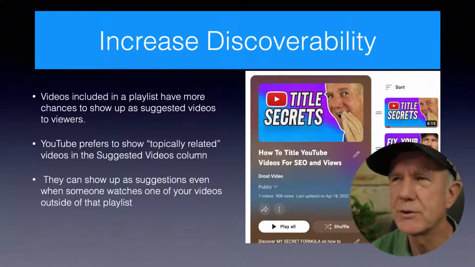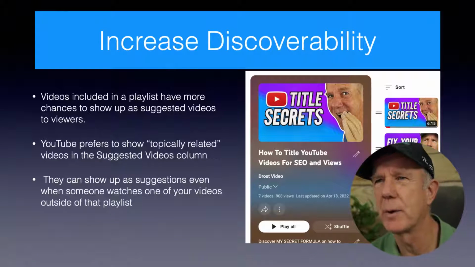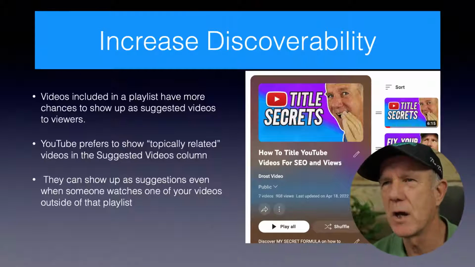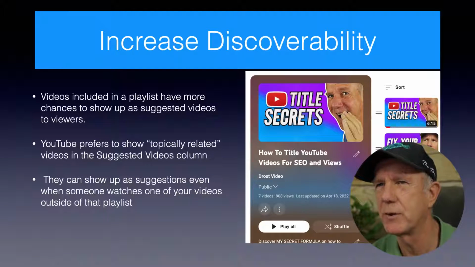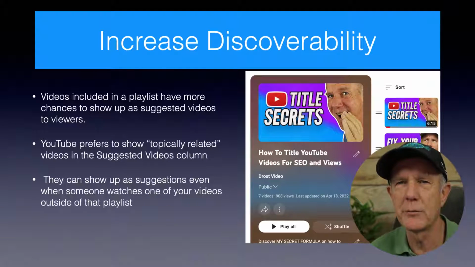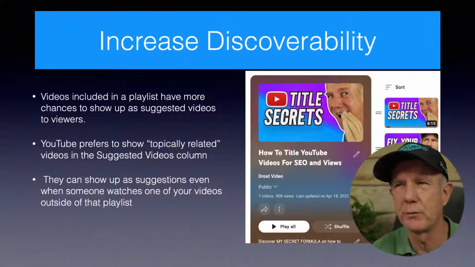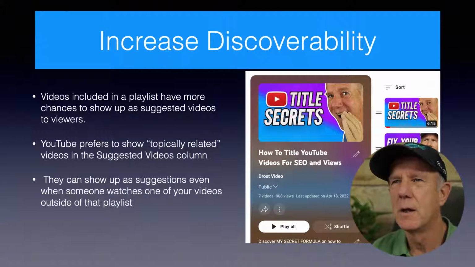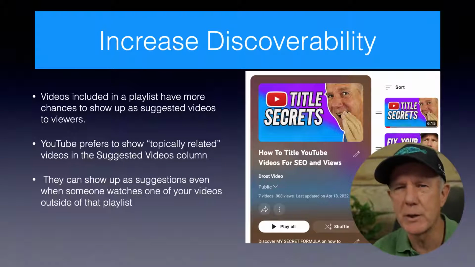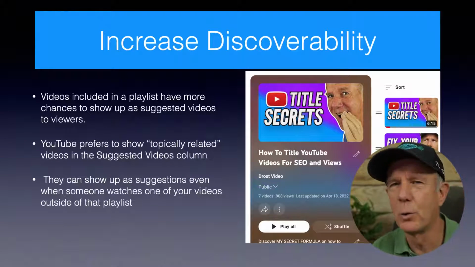So with playlists, you can increase discoverability. Videos included in the playlist have more chances to show up as suggested videos to viewers. And if they're all on the same topic, then YouTube prefers to show topically related videos in the suggested videos column. So when you create your playlist, you want to make sure that they are all related to each other